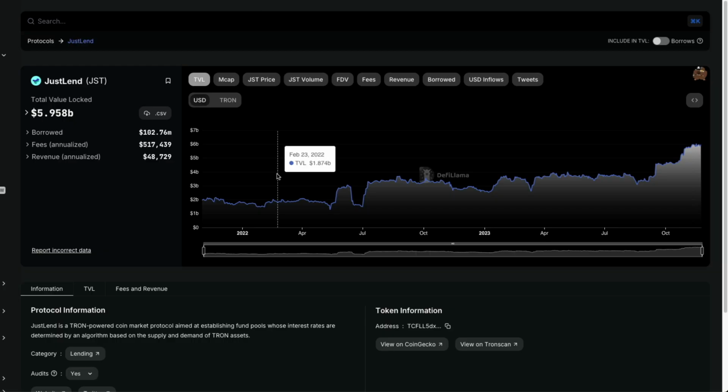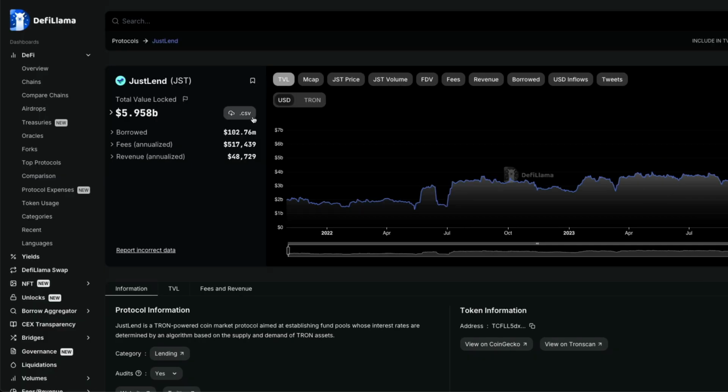A nice thing about their graphs as well is they show you over time how people have locked up their value. So you can see if it's becoming more popular or less popular. And you can also evaluate the trend of whether people are locking their funds up in a volatile fashion, or with a consistent growth type strategy where it's consistently putting more and more funds in slowly over time. This can also give you an idea of whether this growth is going to continue, or whether it looks really choppy and risky, with people just jumping in and out of the protocol as they see fit. So there's a lot of data that you can digest from looking at DeFi Llama and taking a look at the total value locked in any one of these protocols.